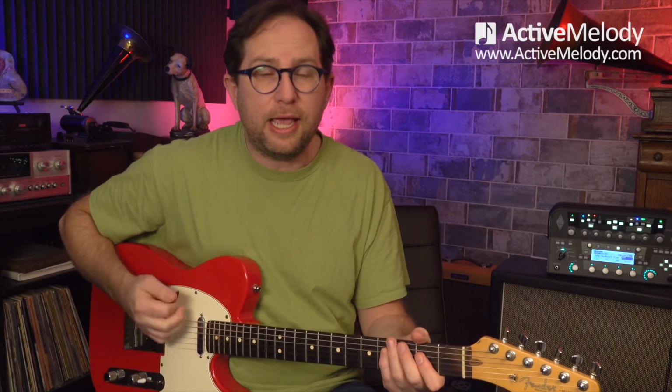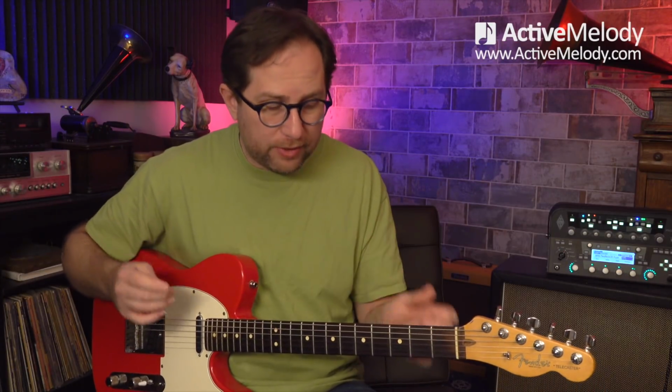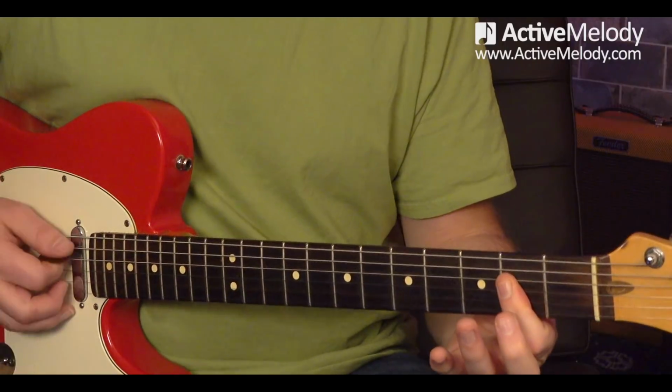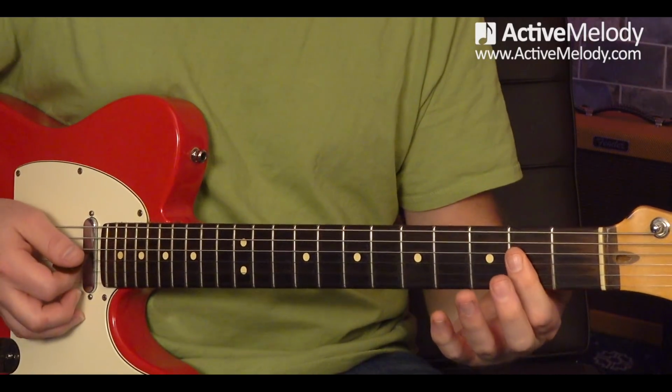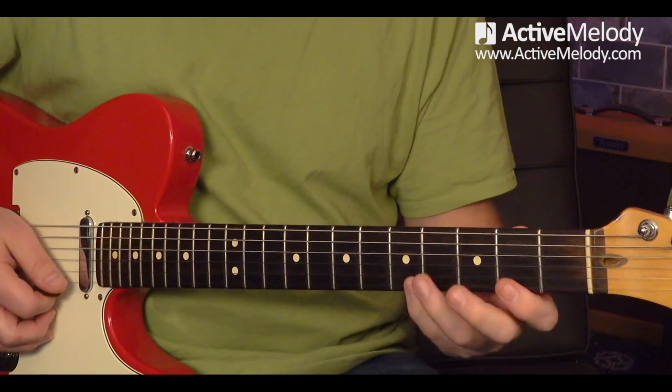So it's 1 E and 2 E and... That's the fill lick. Now this fill lick is all the A major pentatonic scale, pattern 1. Look at where this is. When you're playing an A chord right here on the 2nd fret by barring on that 2nd fret, your pattern 1 of the major pentatonic scale for A